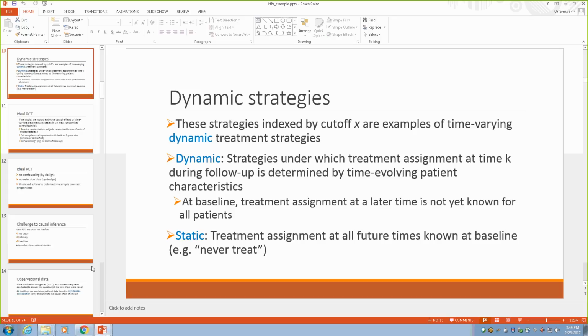The way we usually think about marginal structural models is in the context of only static strategies, and in that case, because everybody is following some static strategy, you can just view it as a weighted regression. It turns out that if you make your question about all possible static strategies, which here will be all possible combinations of initiate at time 1, initiate at time 2, initiate at time 3, initiate at time 4, all the way up to time 60,